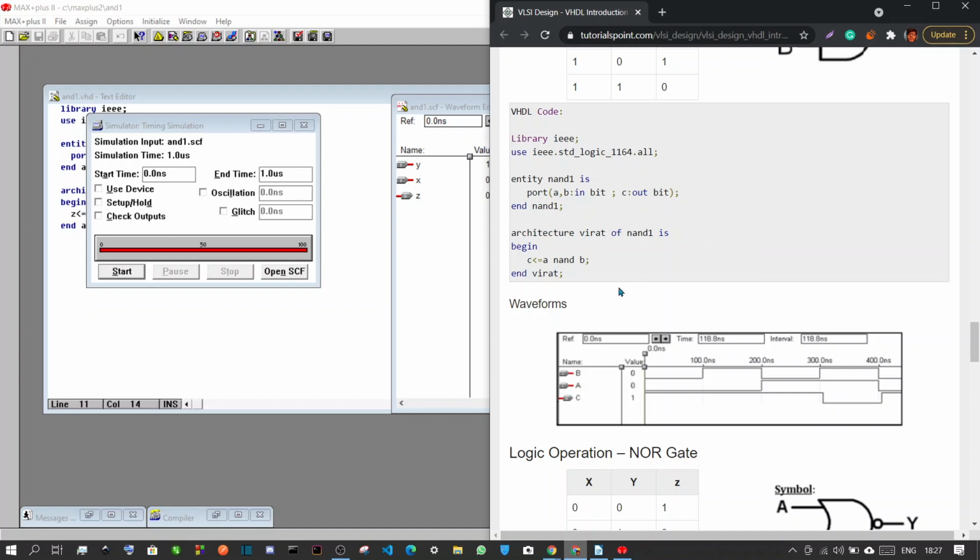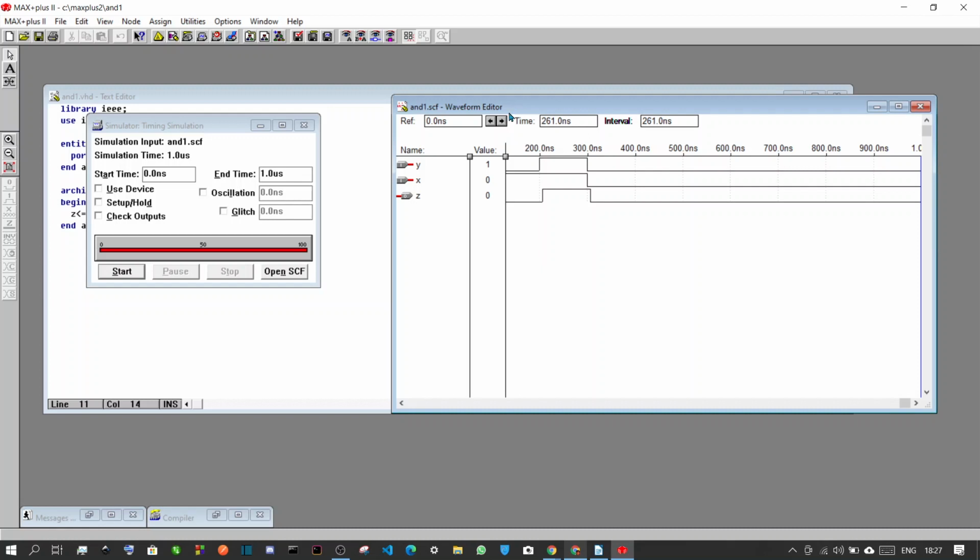Then you have to save that file. You have to create a new file, and that will be the waveform editor file. Right click here, and click Enter Nodes from SNF. Then click on the List button. Then click on the right arrow button and click on OK. Now save this file with the same name .scf.